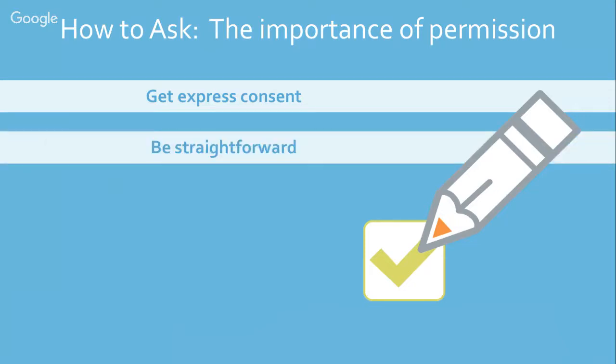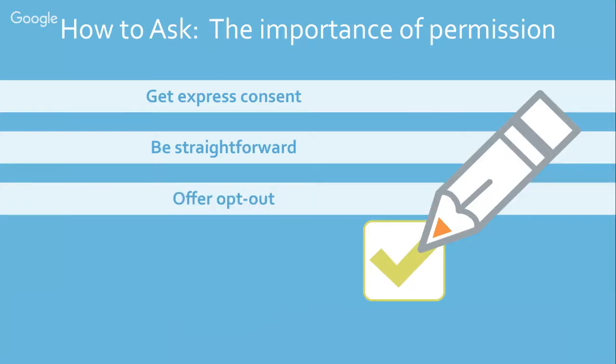Being straightforward when you ask for permission lets you take advantage of the opportunity to set a couple expectations. You can tell them how often you'll be sending to their inbox, and also the type of content they should expect. If you do this well and follow through, you'll have a lot more success. Next, offer opt-outs. Make sure you have an option to let your contacts unsubscribe in every email that you send. This is super easy in email marketing tools like Constant Contact. It's just part of the tool.